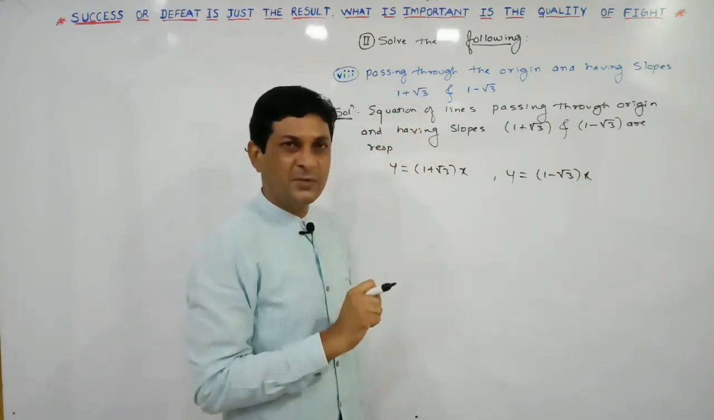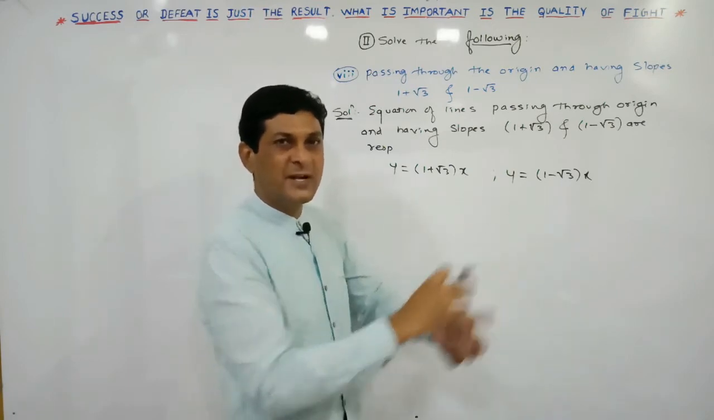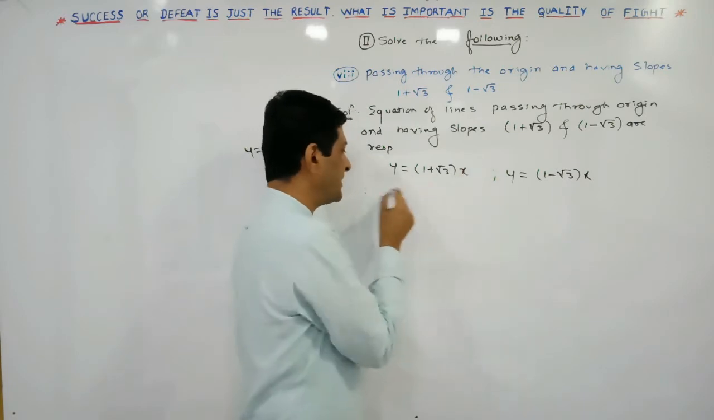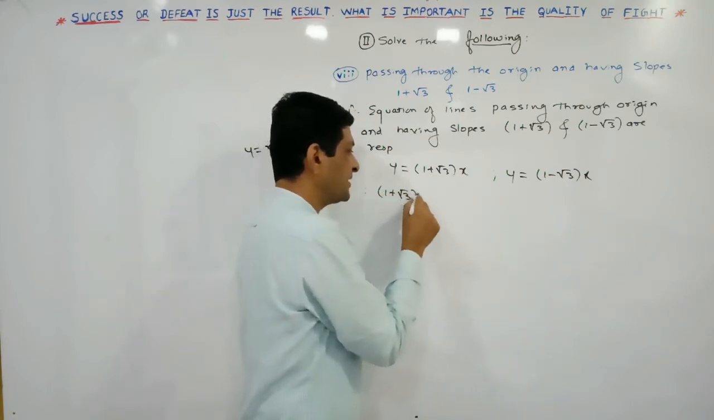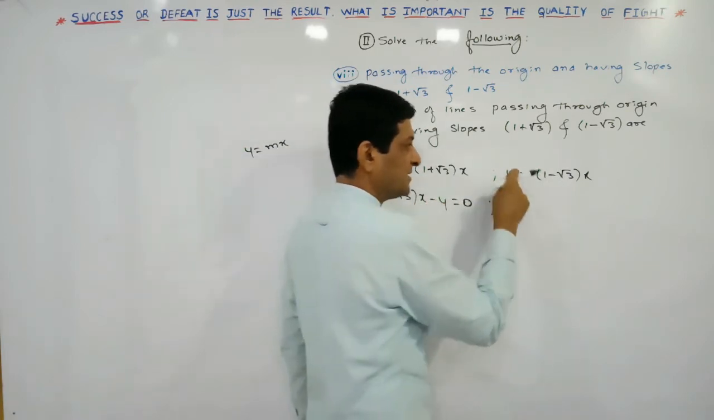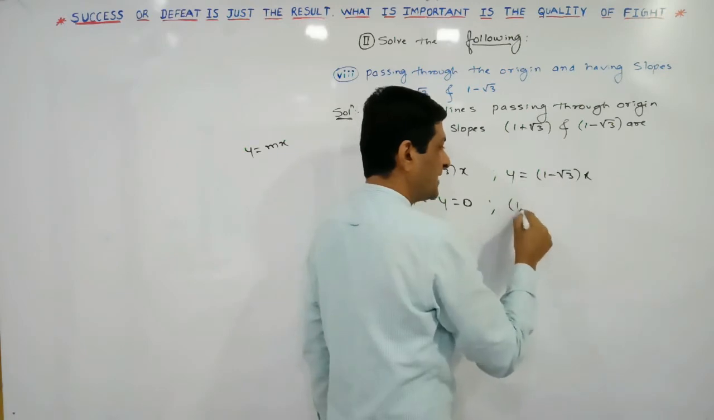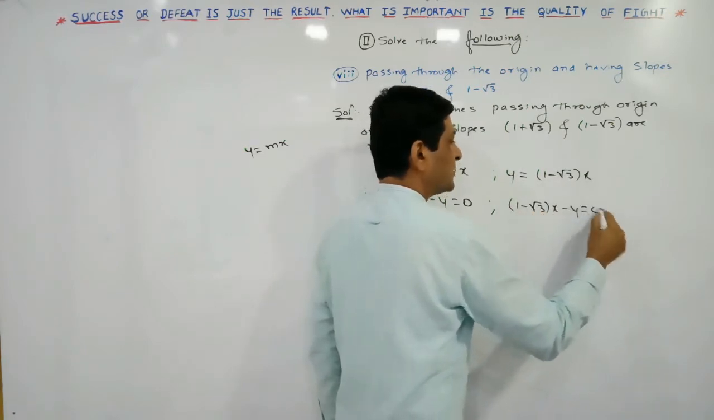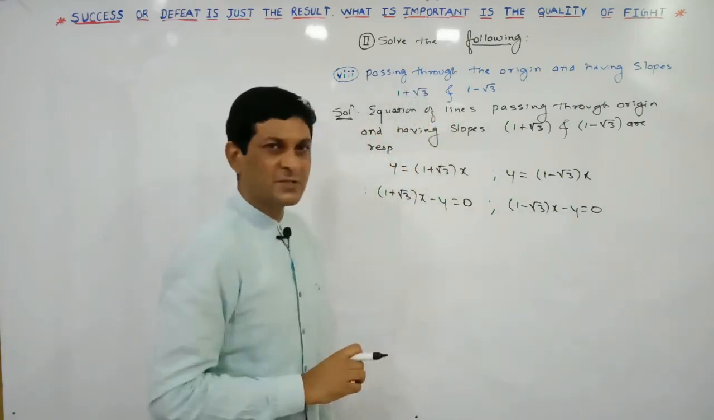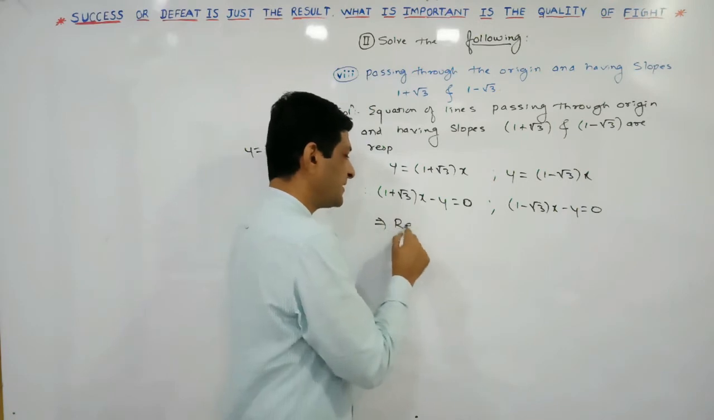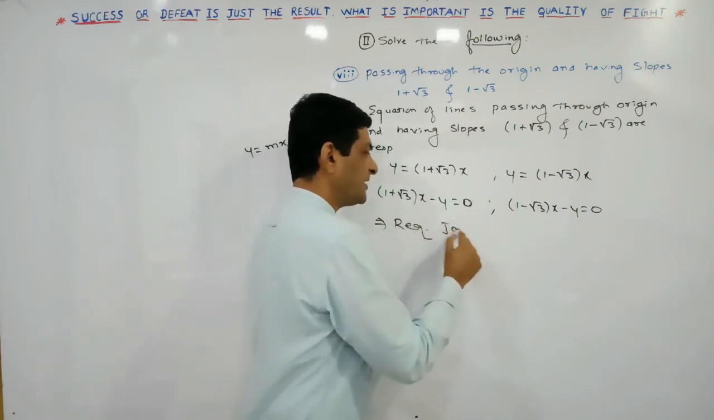Now write down these equations in the form u is equal to 0 and v is equal to 0. So here, plus y on this side will become minus y, means we will get (1 plus root 3)x minus y is equal to 0. And for the equation of the second line, here also plus y on this side will become minus y, means (1 minus root 3)x minus y is equal to 0. Once the equations are known to us, find the required joint equation. This implies that the required joint equation